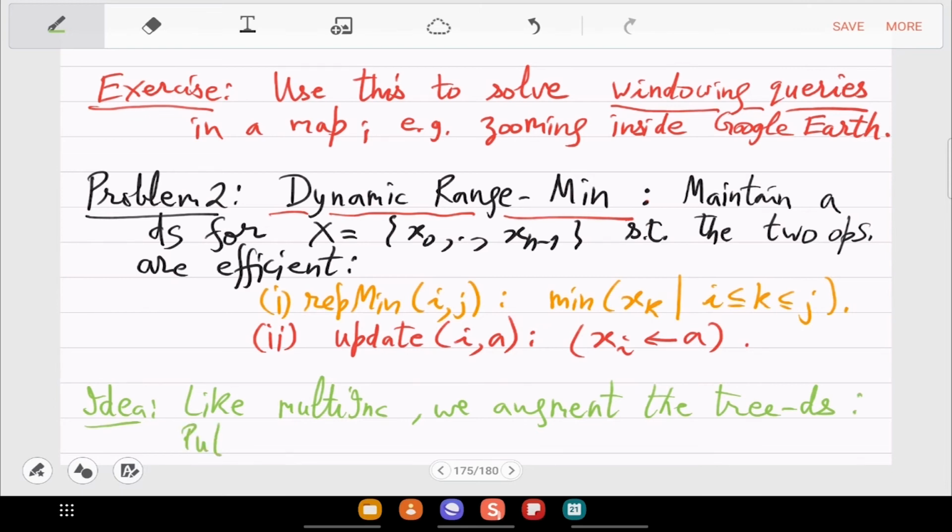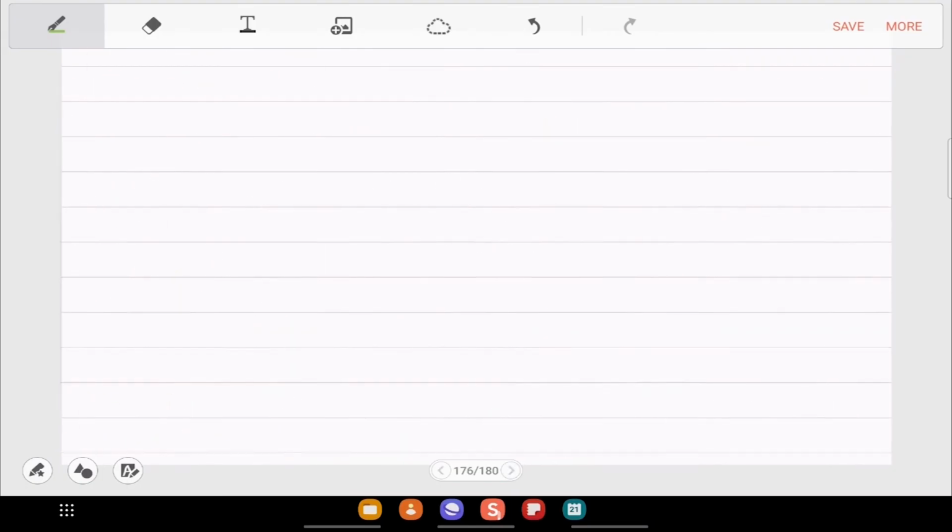So put the min of the subtree in the internal nodes. And the interval idea will continue to be used; it will be helpful here as well. Also helpful is the single array.